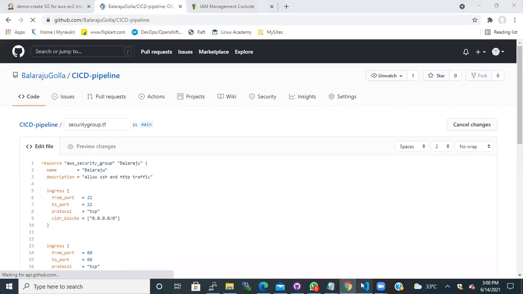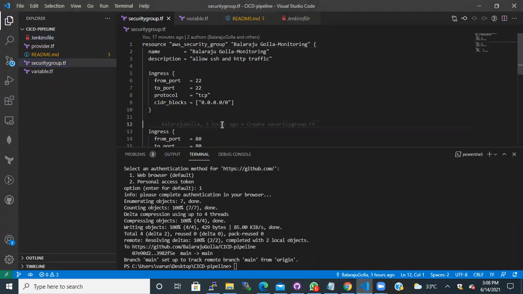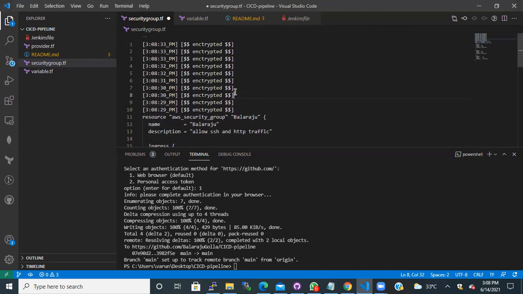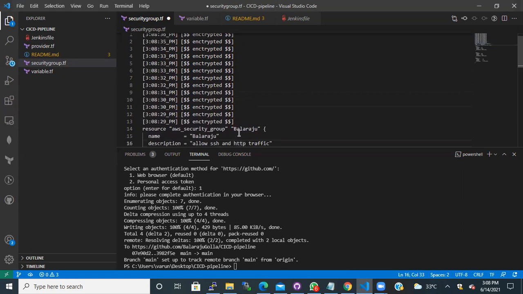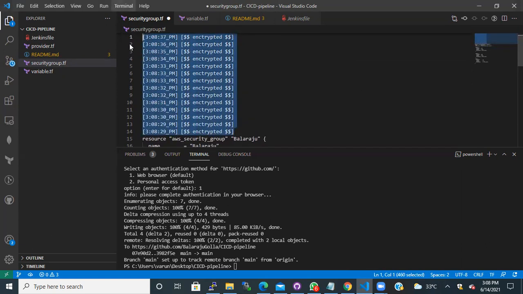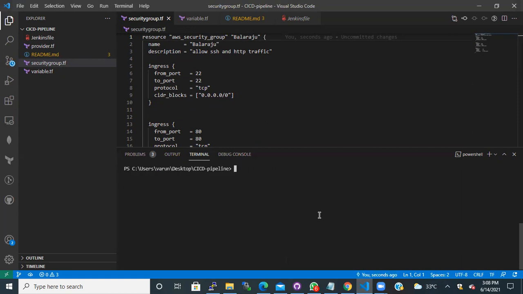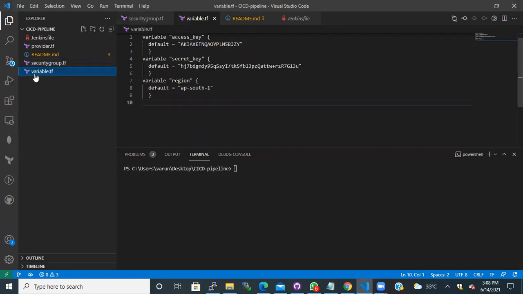Let me edit the code here. Variable file, correct, provider.